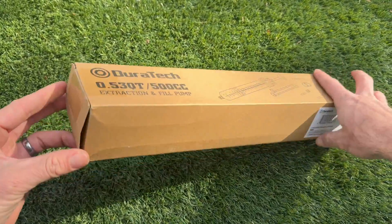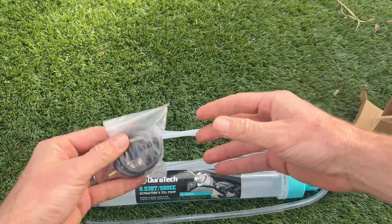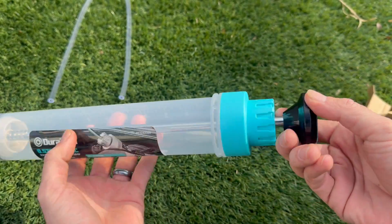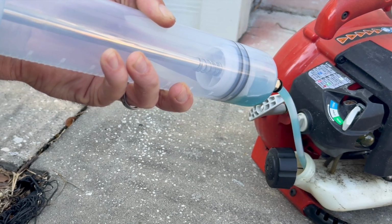I'm a huge fan of just about all DURATECH products to begin with, and this fluid extractor is no exception. It's very sturdy and the seals are all excellent fitting. It's as easy to use as you would think. Simply stick it into whatever liquid you need to extract with the pump pushed all the way to the end,